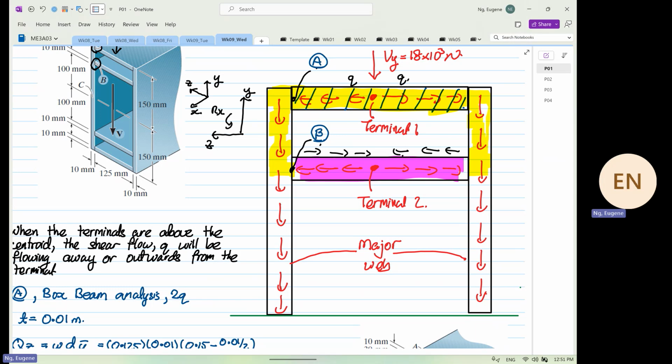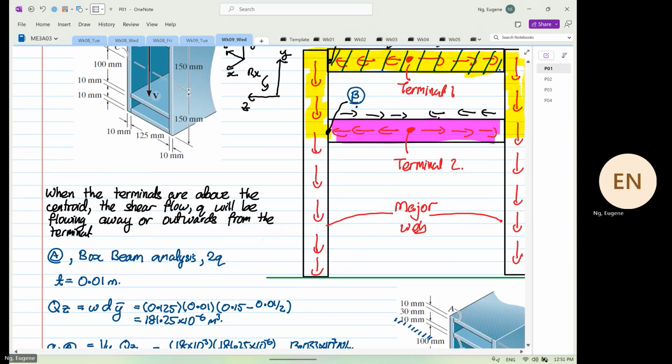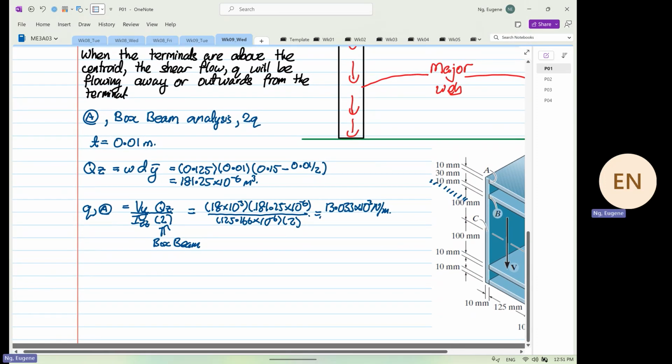What is the logic behind it? The logic behind it is this. The area you consider has to be the close relative to the what? Nearest terminal. So number one is nearest terminal. And the shear flow direction has to be the what? Let's see. I repeat again. The first moment of area to consider